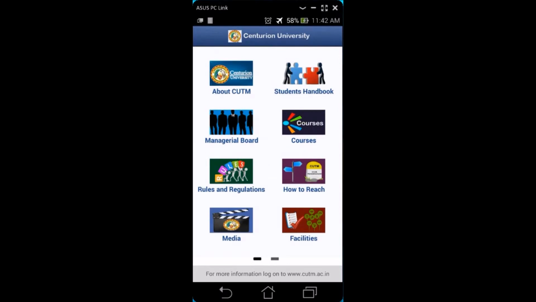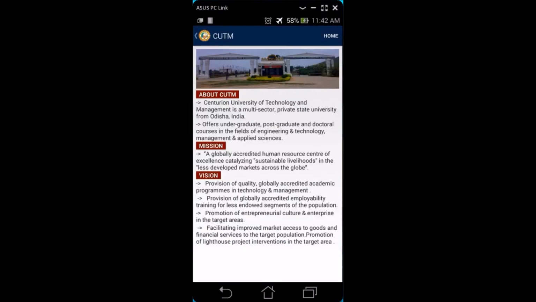The first one is About CUTM. It contains the data about the Centurion University. Then at the action bar there are two facilities. One is for navigation to the back activity or the previous activity.